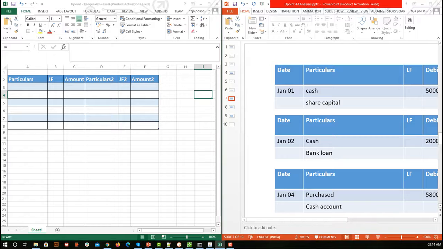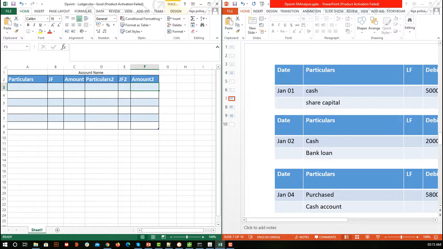First the format: we write the account name here, and for the account we have particulars, journal folio, and the amount on the left side. Similarly we have particulars and journal folio on the right side. So again we have a left hand side and a right hand side. This is the overall picture. What we fill in, we will consider based on the example.